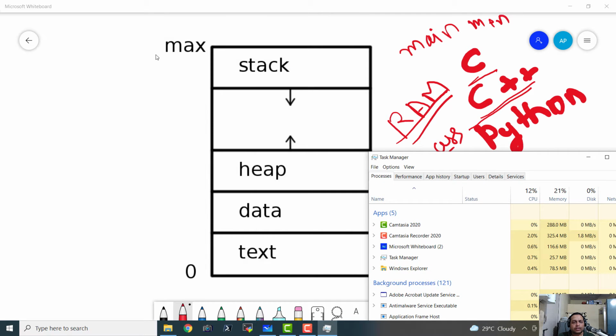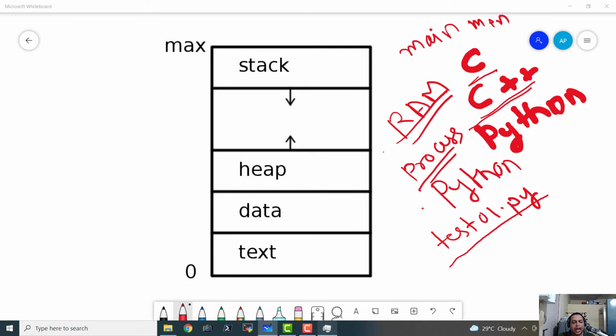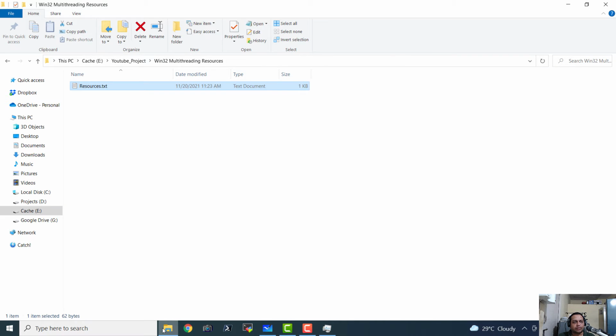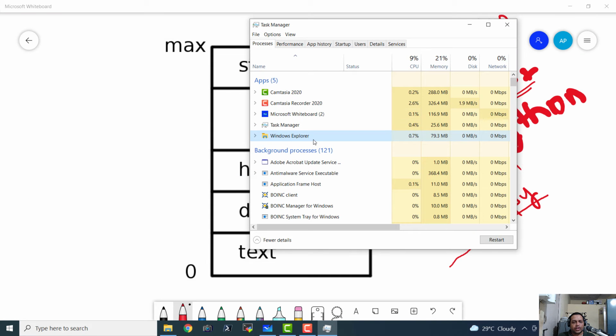Here we have the Whiteboard app, and then we also have the process for task manager. Then we also have the Windows Explorer, which is the program where I'm browsing everything. I have got another folder opened, Win32 multi-threading resources, and I have opened this directory in the Windows Explorer app. So these are the 5 user level desktop apps that are running.